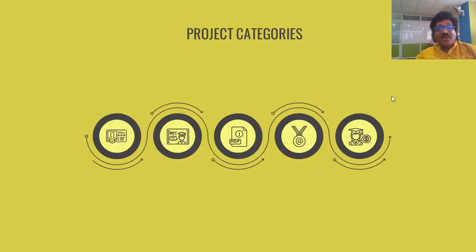Shall we continue? Now we will look at the project categories. What are the various categories of projects possible online? There are actually 8 different categories of projects possible. While I explain these categories, what I suggest is make a note of the categories we are discussing. If required, I'll wait for a couple of seconds. If you're watching the recorded version of this session, then you can pause this video, grab a notebook quickly, and make a note of the project categories, and I'm sure you're already doing that. If not, pause this video, grab a notebook and a pen and list out the project categories, because by the time we complete this session, you should have a fair understanding of what is possible in this industry.